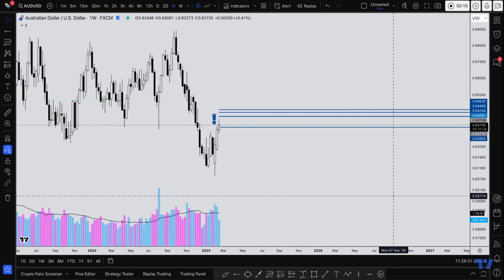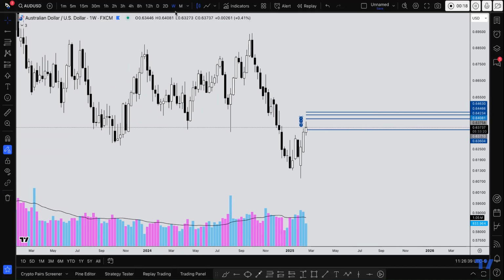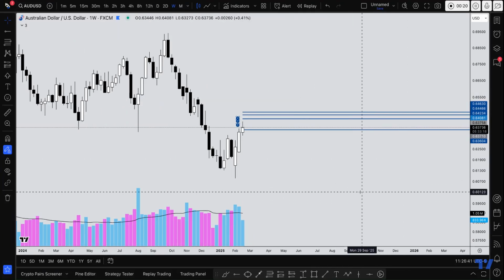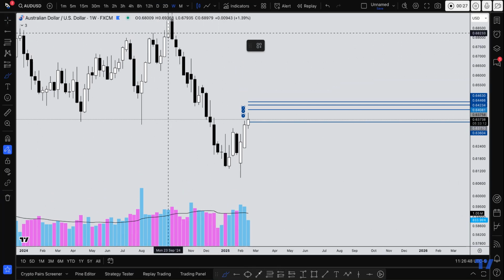And this time we are looking at the Australian dollar versus the US dollar. And as always, getting straight into it. Starting off on the weekly time frame, we can see that we had a nice big push, very, very strong